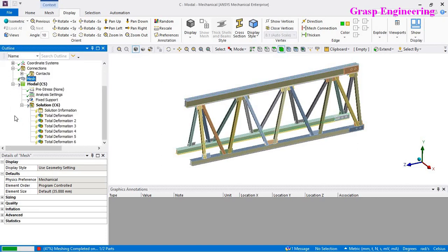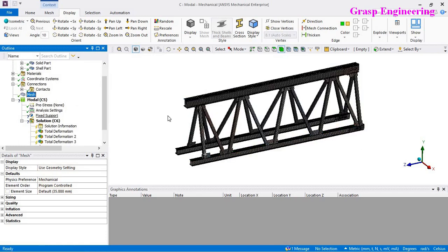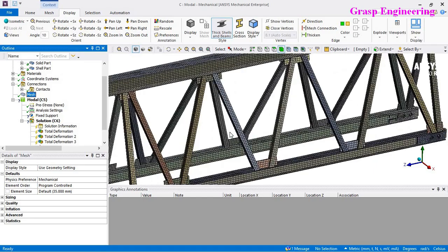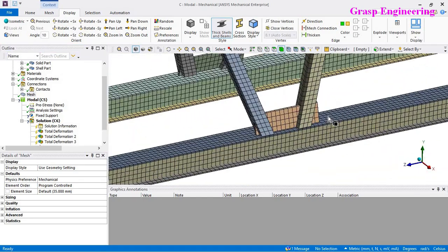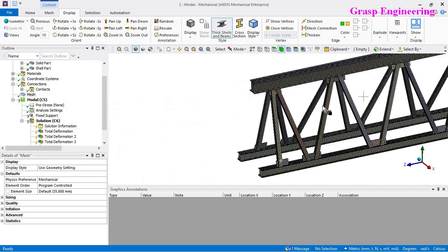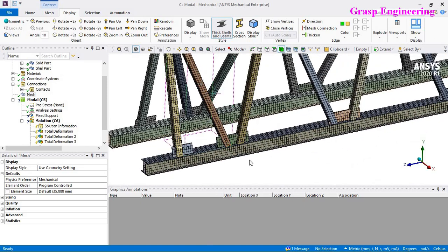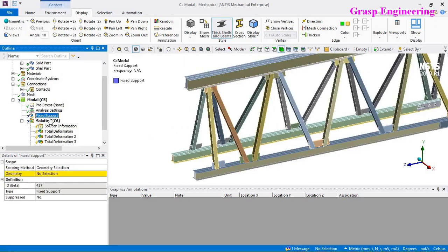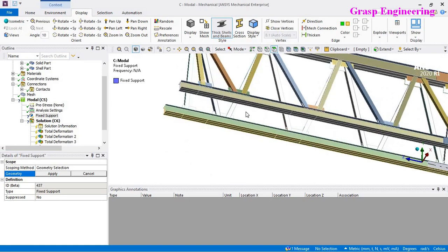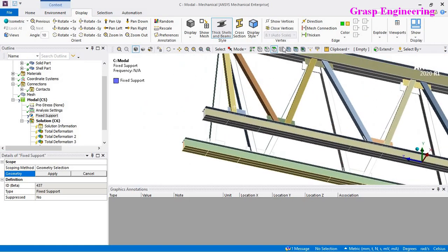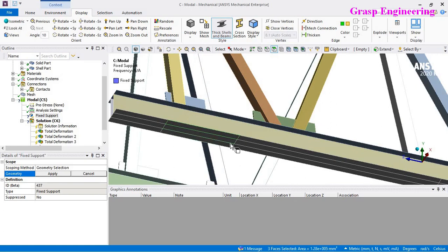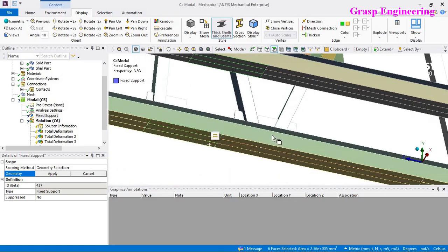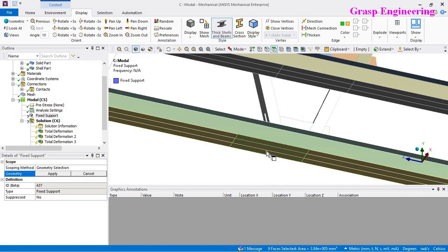Once the mesh is performed, the next task is to see what the loading and boundary conditions are. Let's have a look at the mesh. Now we can see that this is the moderate mesh which we are going to use for our simulation. As we are discussing fixed supports, we have created the patches. At those patches, let's provide the fixed support. Select this patch, select this patch, select this patch, and select this patch.